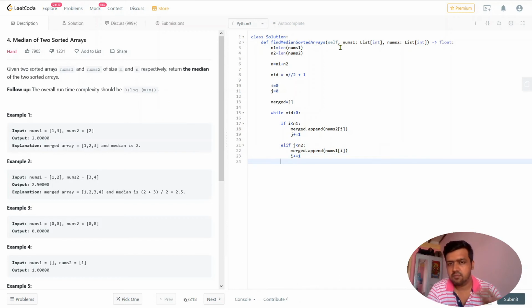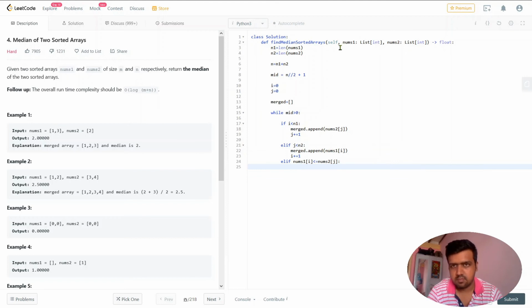If neither of the arrays is exhausted, then I will directly compare the two elements that I am currently at. So I will check if nums1 of i is less than or equal to nums2 of j. I am checking both the elements.